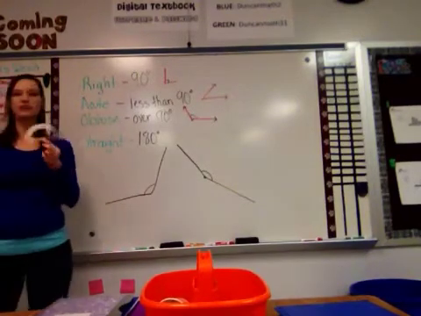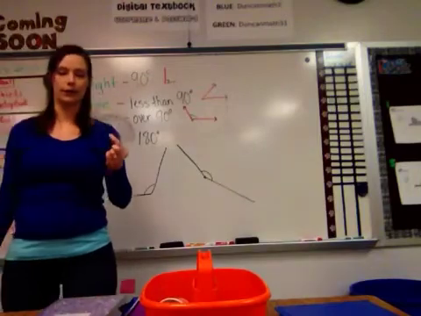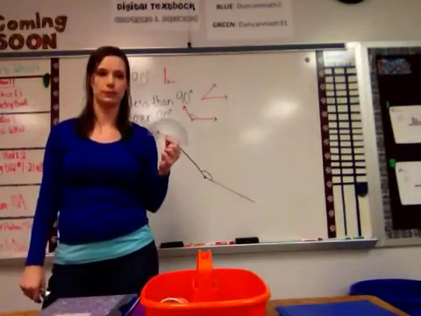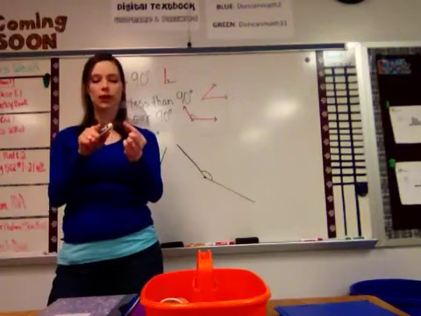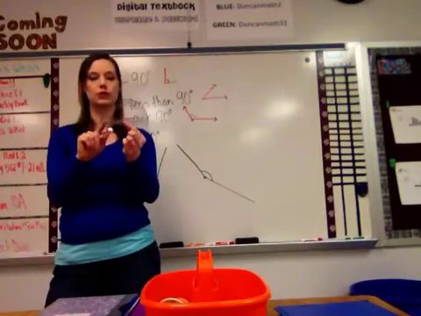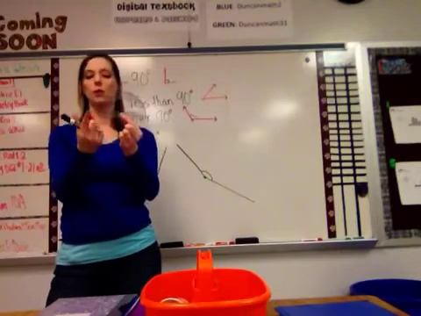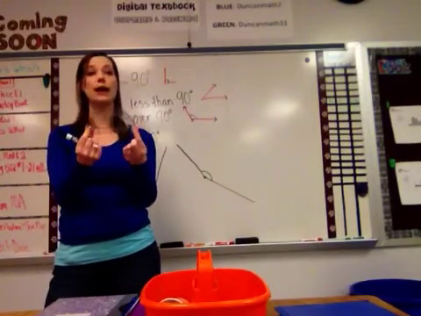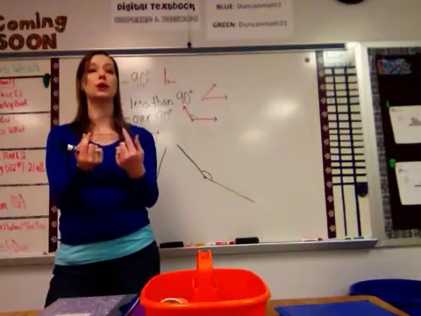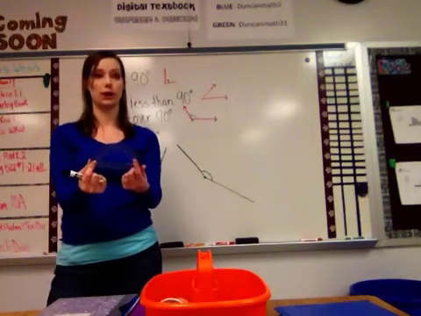Now, whenever you start counting, do you start counting at 170 and go backwards? No. You start at 0, right? So make sure whenever you're measuring with your protractor, you always start at 0, whether that's on the left or that's on the right. Okay? It doesn't matter. Just make sure you're starting at 0 and you're starting with your angle. Okay? So,